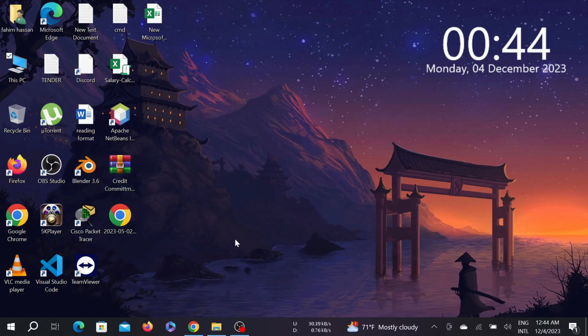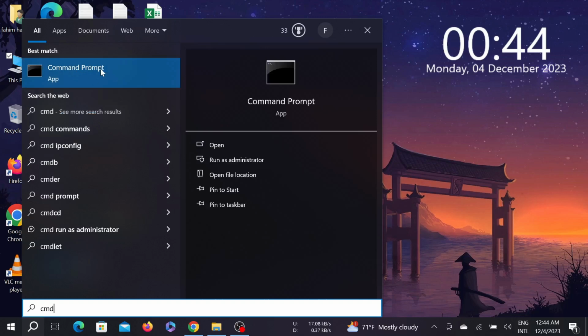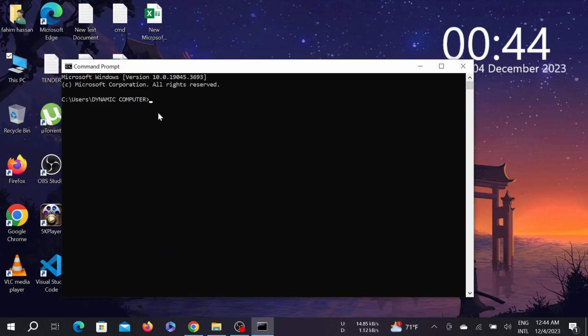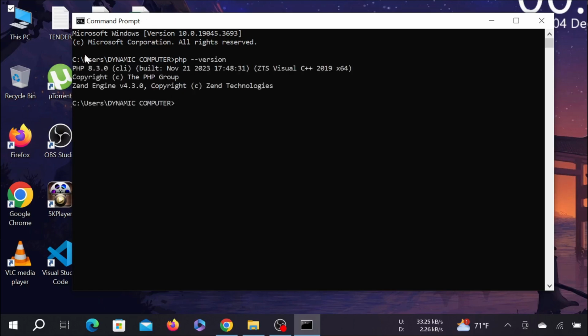To verify the installation is successful, go to the search option, and here search cmd. That is the command prompt. Click it to open, and here type php --version and enter. And as you can see, PHP 8.3 is already in my system,